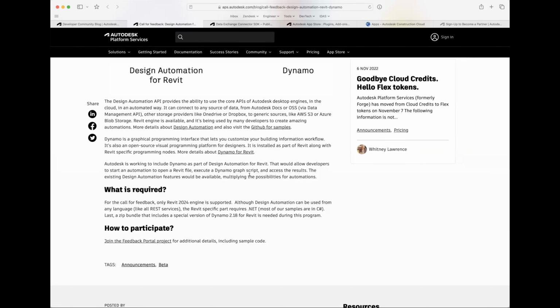There were some packages back then that would allow you to access your BIM 360 through the API, but you could never save the results into the Revit file. That's why I asked the question, because there were things that I wanted to do, like update the project information in the Revit file using Dynamo, but these items couldn't be shared unless you manually open the Revit file and do it manually. So this is a very interesting opportunity.